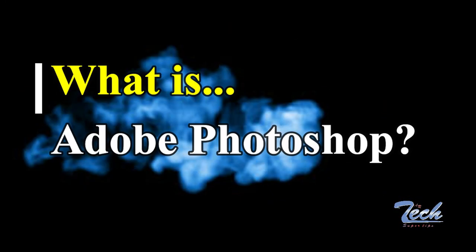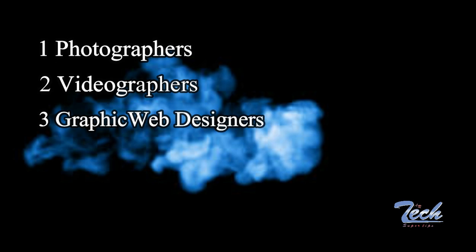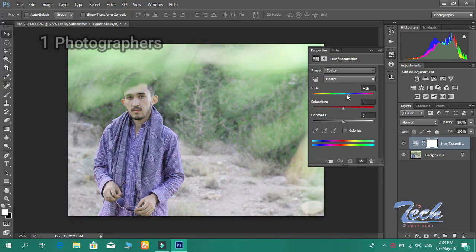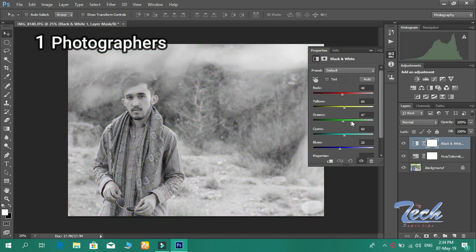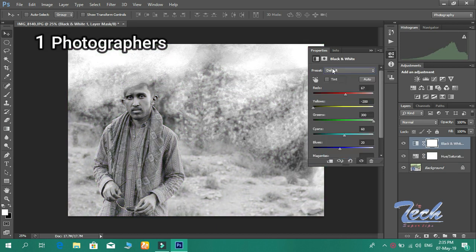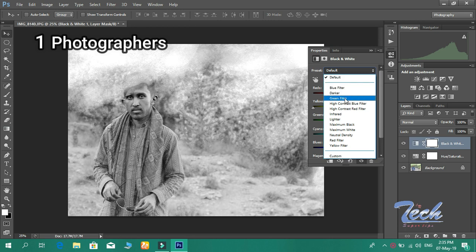Adobe Photoshop is a photo enhancing software used by photographers, videographers, graphic and web designers, and 3D artists. Photoshop is used by photographers for correcting exposures, modifying colors, and adding a variety of filters to their photos,